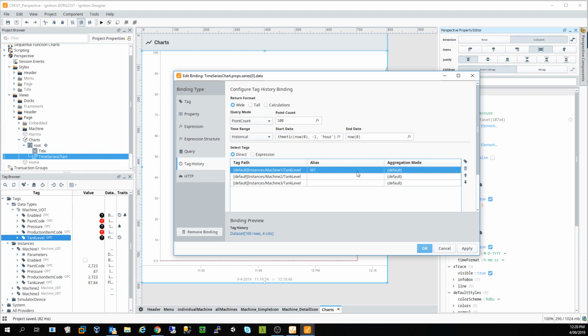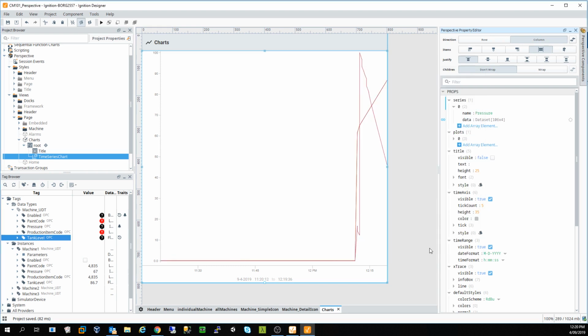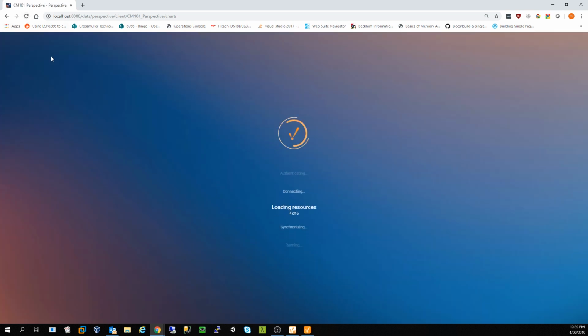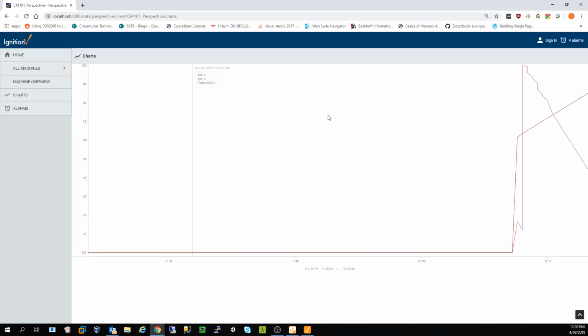M1, M2. I haven't played with this charting in perspective a great deal. There we go. That's better. Different aliases for them, so they're not all called the same thing. And now if we go back to our home page, refresh, charts. Okay, so now we have M1 and M2 and one called tank level,